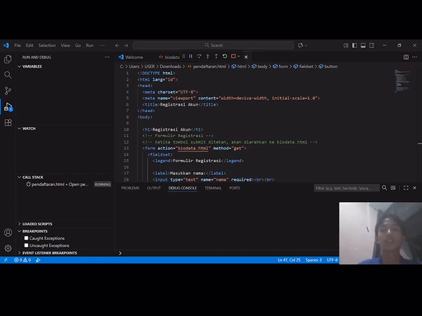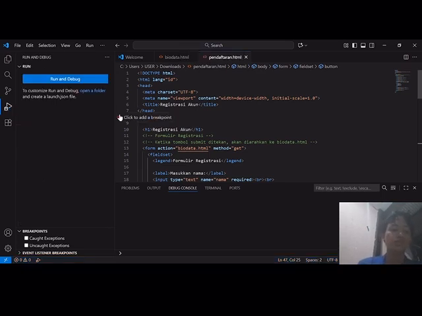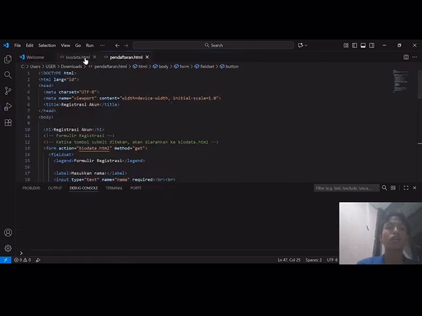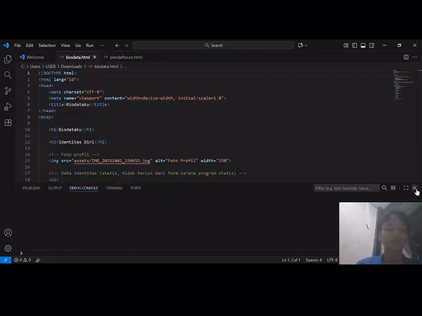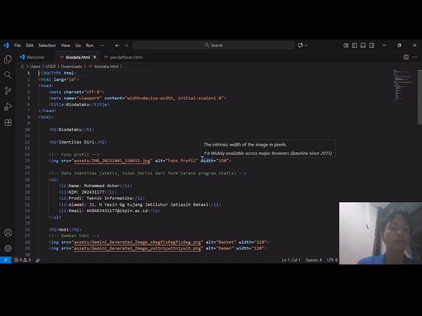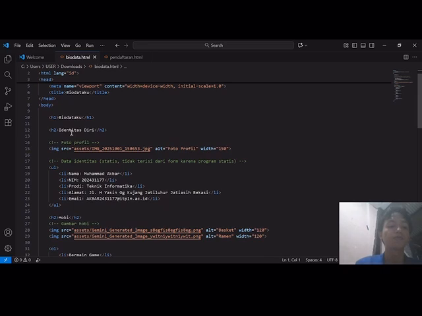Next, I will explain the biodata program. This HTML code is used to display biodata. In the biodata HTML program, the first section begins with the main title H1, "Biodata Saya", my biodata,